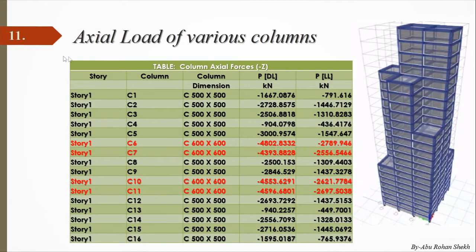Then we have to calculate the axial load, which is coming from the top story throughout the columns. The axial load maintains some load path, which is something like, if it is a slab, then the slab load will transfer towards the beam first. This is the beam. Then the slab load will transfer towards the beams.